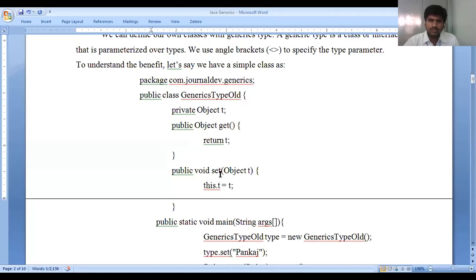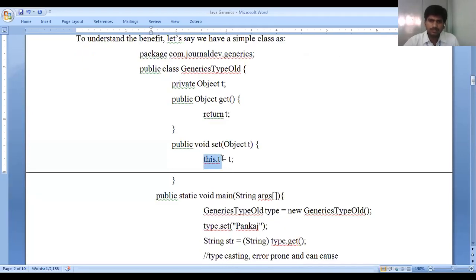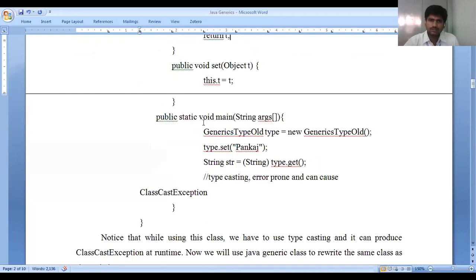Then how do we set this object? What is the meaning of this? It refers to the current object. That is referred to in the set function, the set method. See that this is the main function, public static void main.